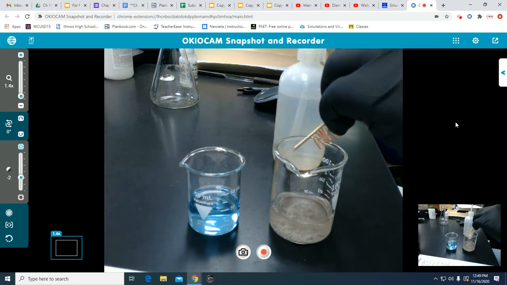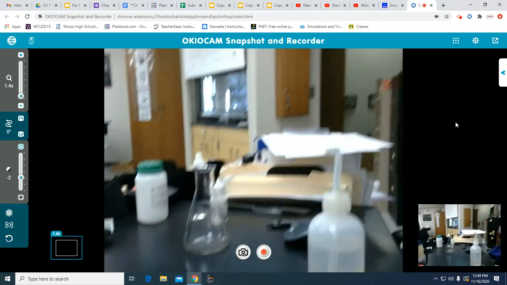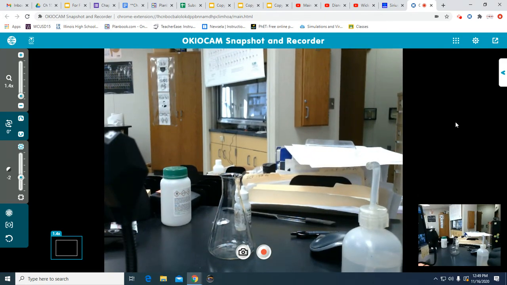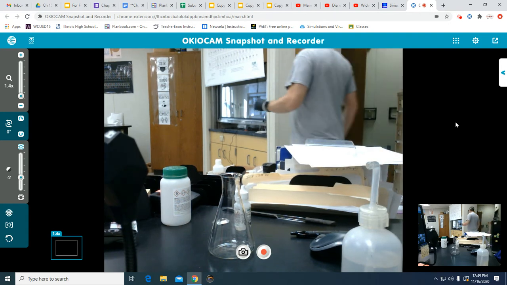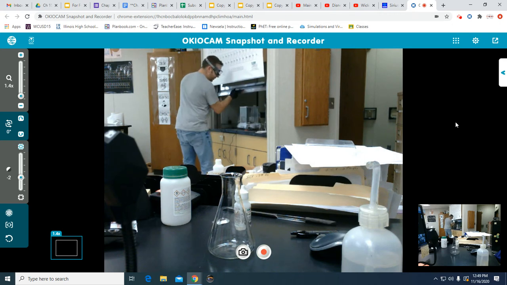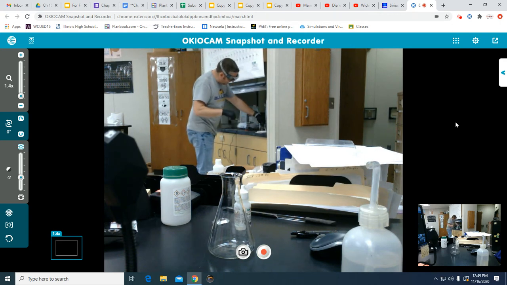The acetone is being kept over in the fume hood because acetone is a highly volatile substance, and so you want to keep it in an area with pretty decent ventilation. All I'm going to do is place the copper wire in here for a few seconds, shake it a few times, and then let it air dry